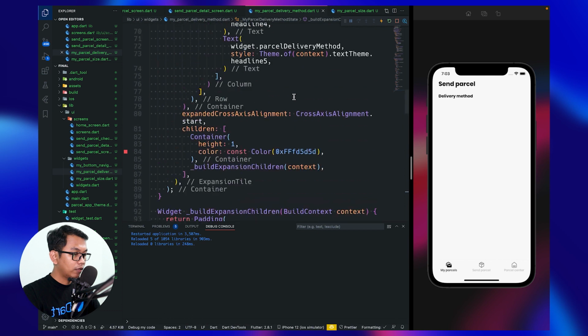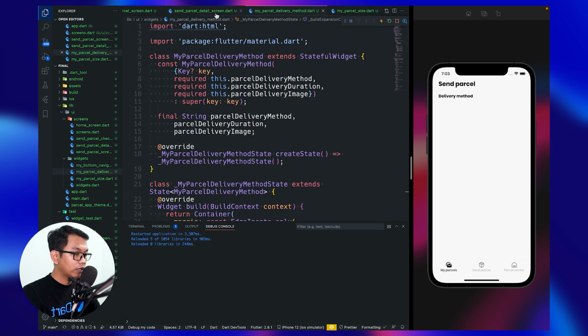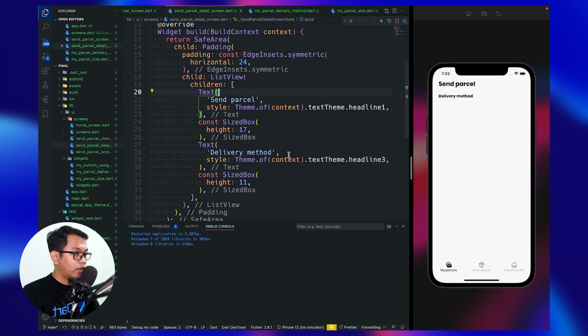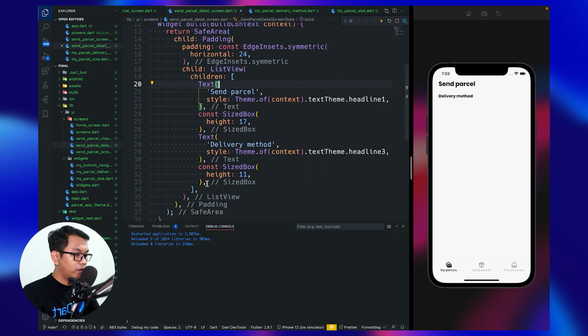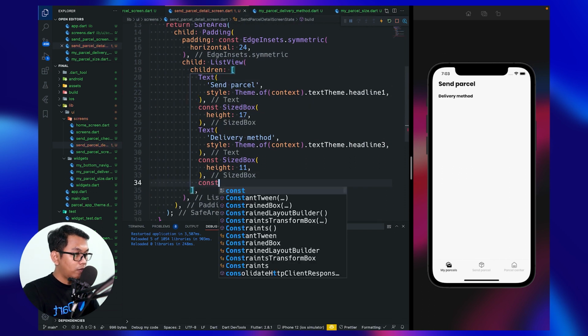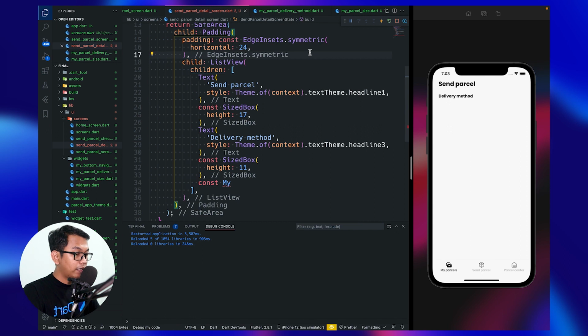and we can go to our send parcel detail screen, and below our SizedBox we can call MyParcelDeliveryMethod.